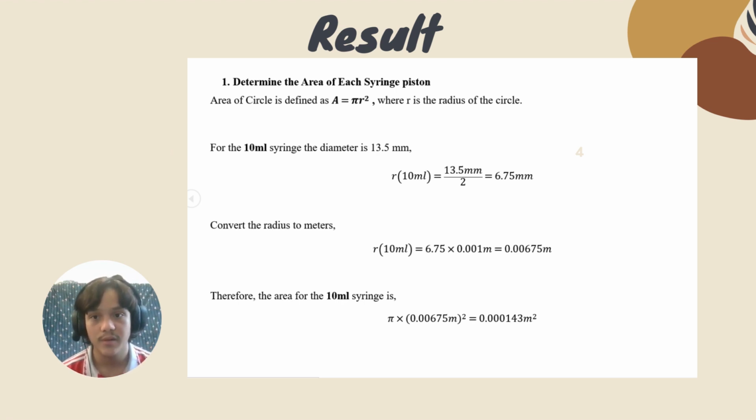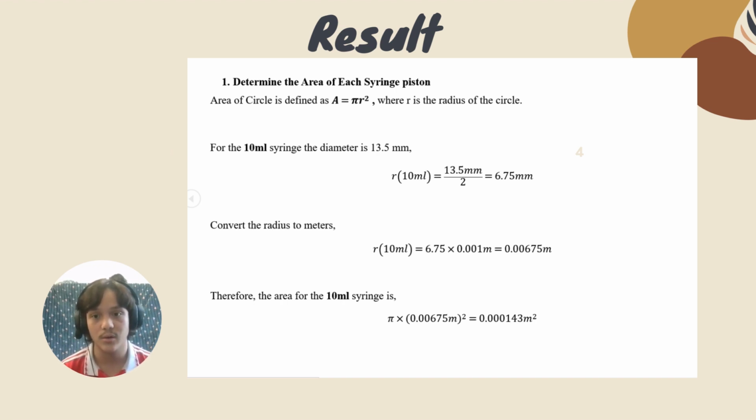Okay. First, we must determine the area of each syringe piston. For our team, we use two sizes of syringe, which is 10 milliliter syringe and 20 milliliter syringe. First, we have found out that the diameter for the 10 milliliter syringe was 13.5 millimeters, and then to get the radius, we divide the diameter by 2, and we will get the radius for the 10 milliliter syringe, which is